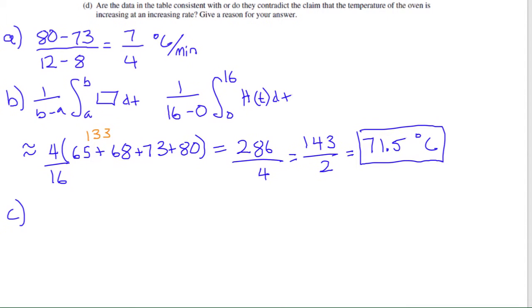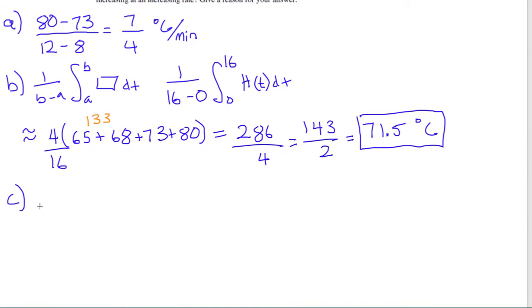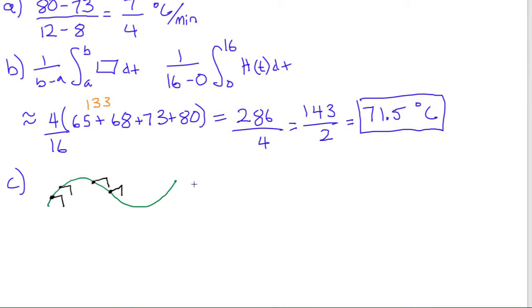So here's a little helpful guide to remember our rule. I always try drawing a sine wave, something that looks like this. And we're doing a left Riemann sum. So I'm using a left Riemann sum here, and over here it's going to be a left Riemann sum again. You can see that when it's increasing, that's going to be an underestimate because there's this area that we're not accounting for. And when it's decreasing, it's going to be an overestimate because we have this extra area that shouldn't be there. So we're going to say that it is an underestimate